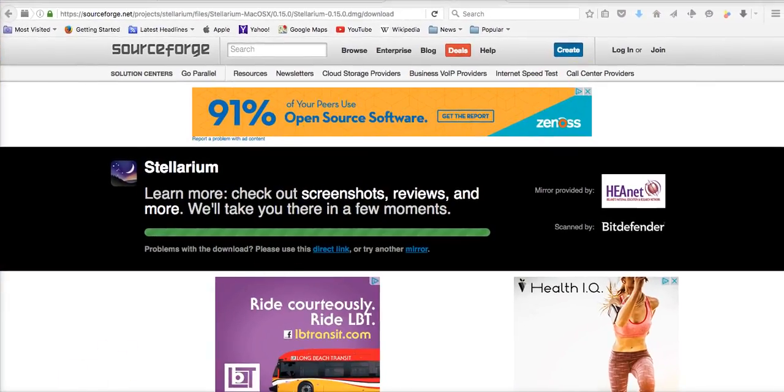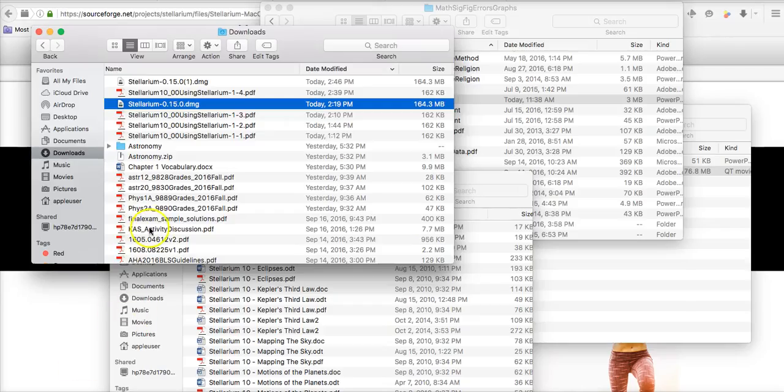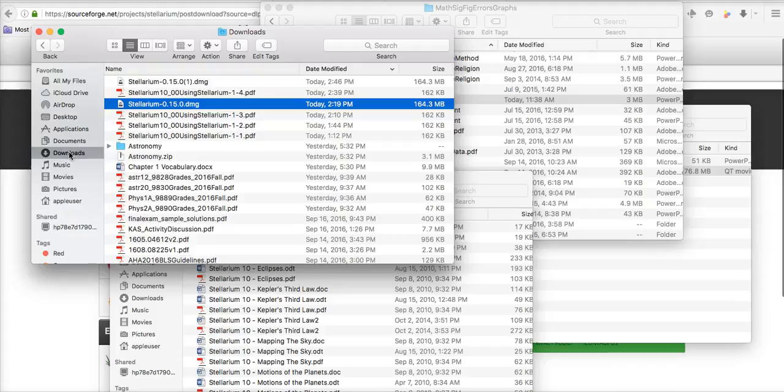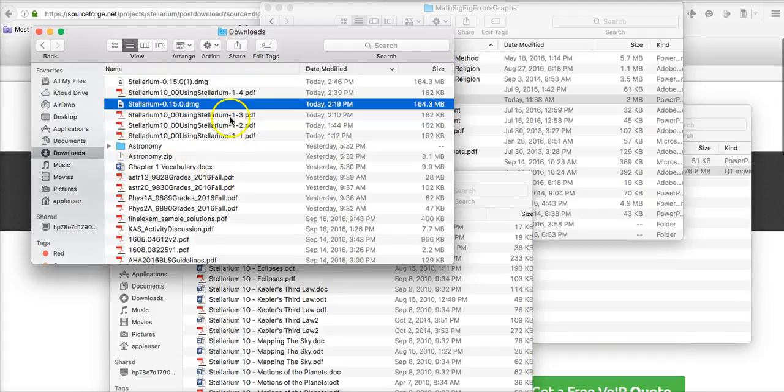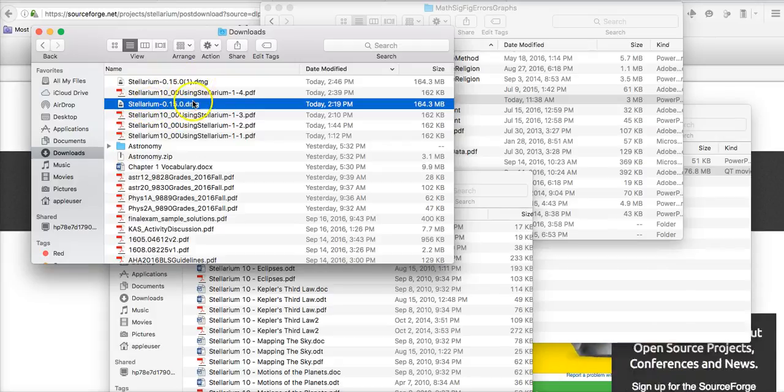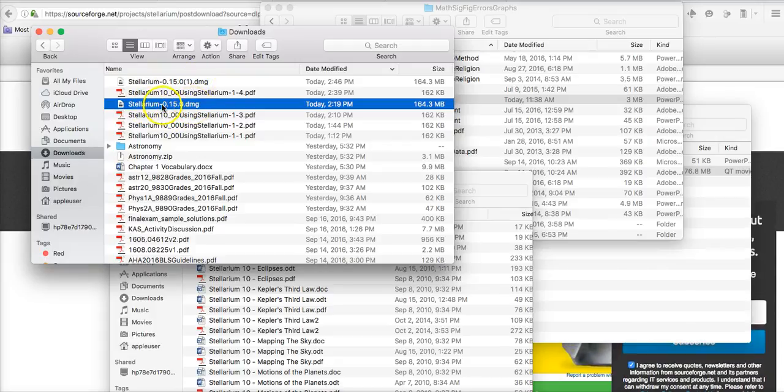If I now go over to my Finder, I would see, oh God, that it did download already. So files that get downloaded from the internet are located in this download page on my computer. And you can see I already have a second version here, plus the earlier version of Stellarium 0.15.dmg. Alright, so let's go back